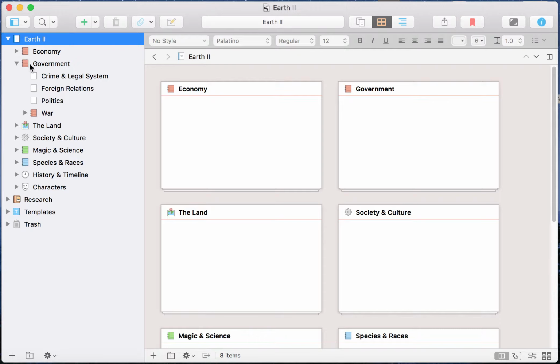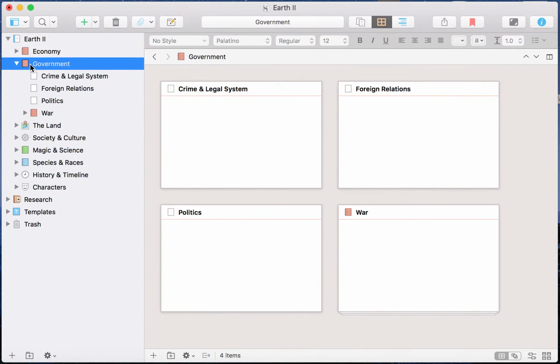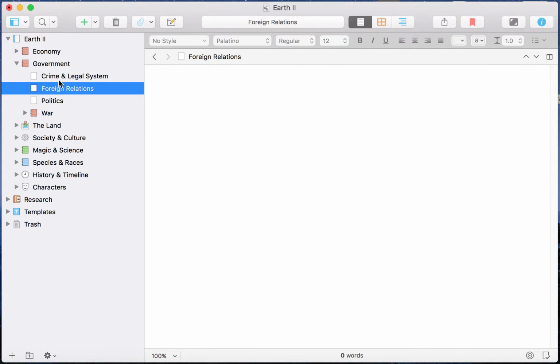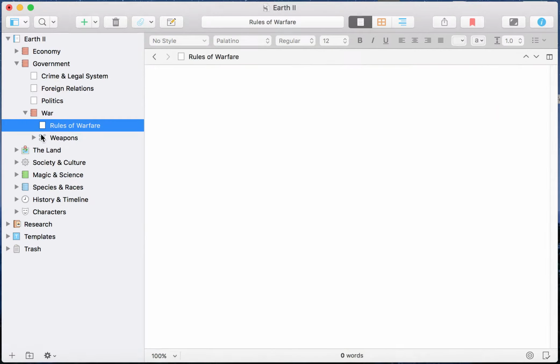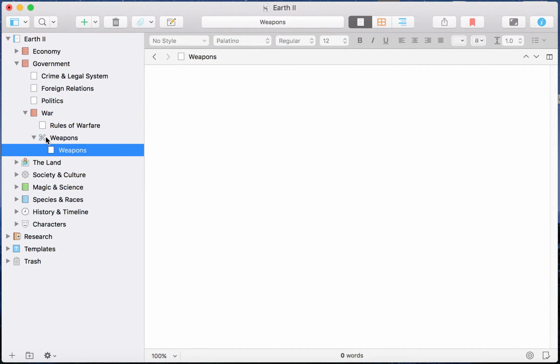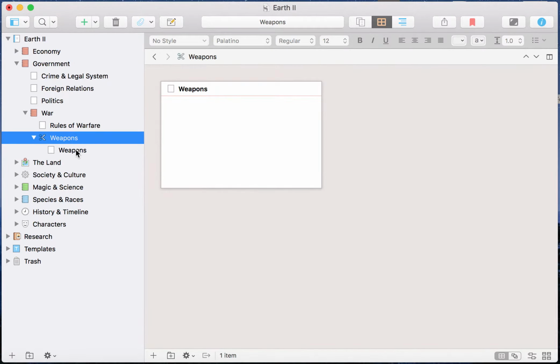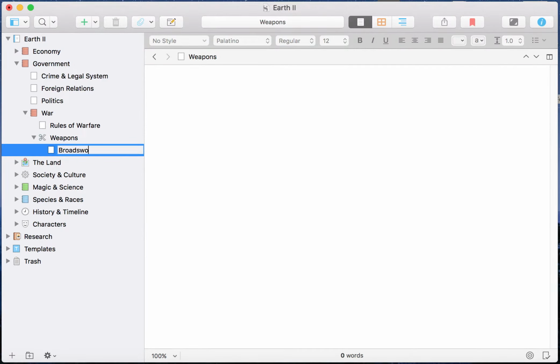So after the economy is set, you're going to want to go through the government, crime and legal system, foreign relations, politics, and war. I made war a little subfolder because we want not just the rules of warfare, but weapons. I made the weapons folder a subfolder, so if you want to, let's say, call this one broadsword, and then you can just add a blank file and call it